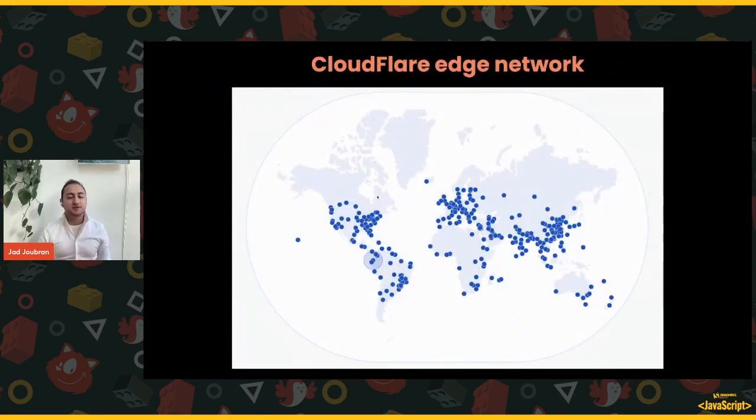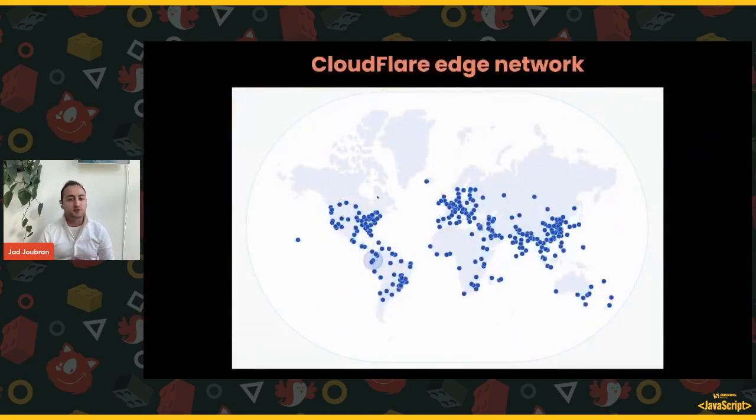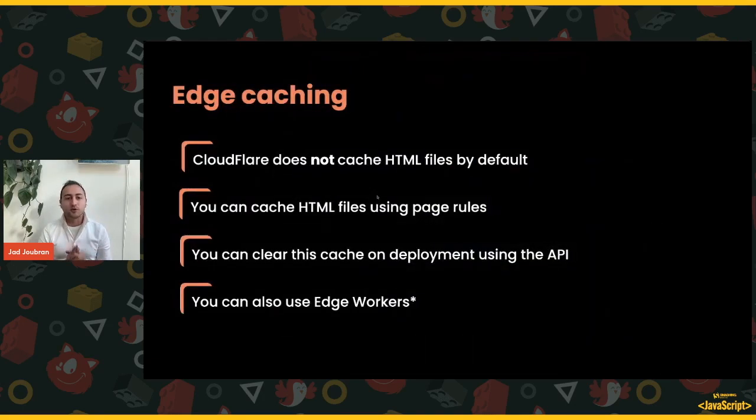So we've reached a stage where we have an edge network close to almost every single, the majority, like maybe 90% or more of users in the world. And that's amazing for cutting latency time, which is also important for reducing time to first byte. But the thing is, many people use Cloudflare, but you have to be aware of something, that by default, Cloudflare does not cache HTML files. So actually, if you do put Cloudflare, you may be making it slightly slower by a little bit, because the